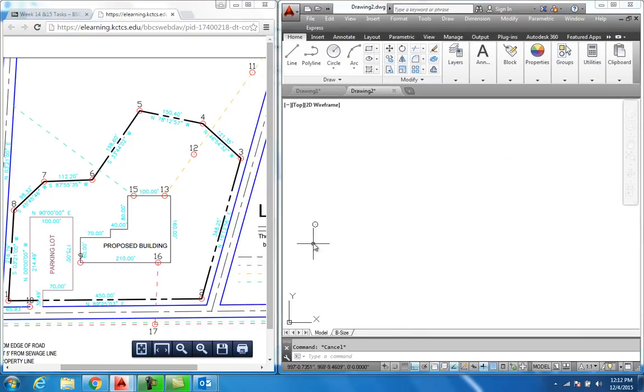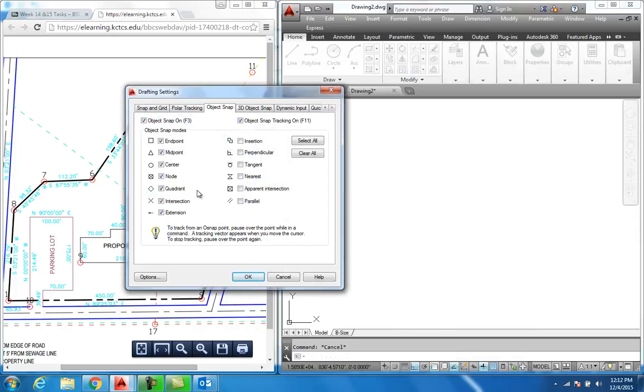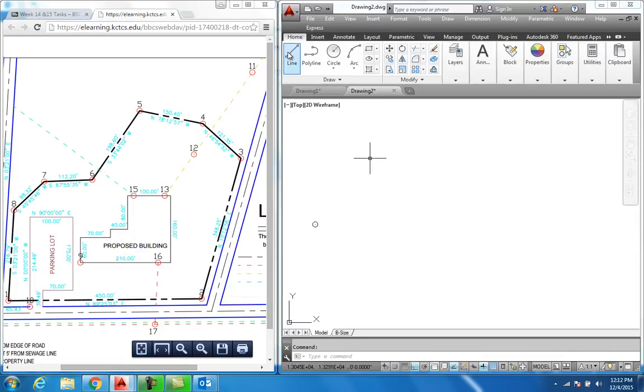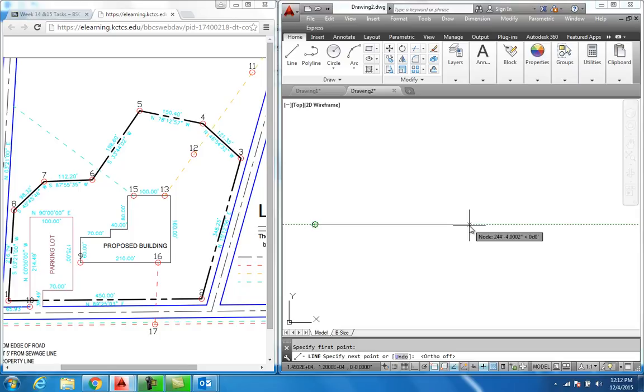So again, this is a point, but it's also called a node. So what I want to do is come down here and Object Snap. I want to go into those settings, and I want to make sure that my node is turned on. Okay? And then I want to come up here to Line, click on it, and I want to take my ortho off, and I want to put that first dimension in, which is, I use at. When I use at, it makes this become 0, 0. For the line, I'm going to put 450 foot